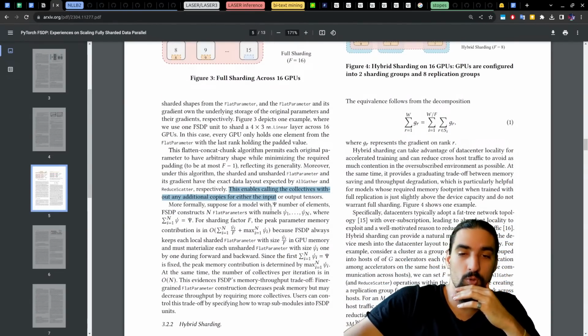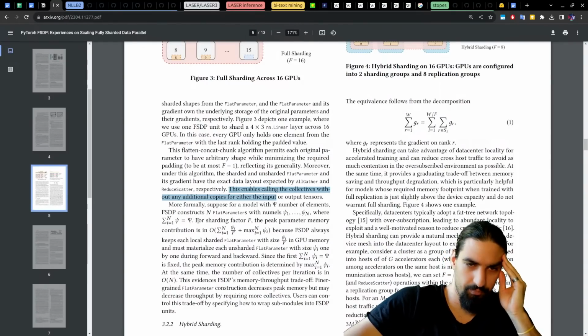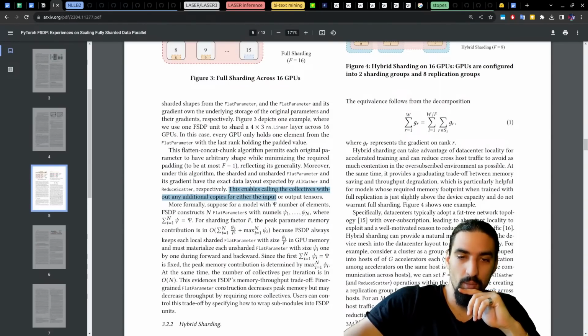More formally, suppose for a model with psi number of elements, FSDP constructs n flat parameters with number of elements psi_1 through psi_n, where the sum of these psi_i equals the total psi. For sharding factor f, the peak parameter memory contribution is on the order of big O, the sum of the number of elements over the factor f plus the max psi_i.